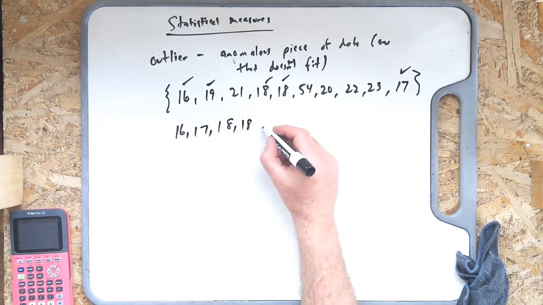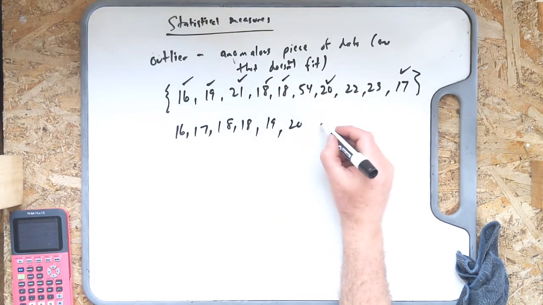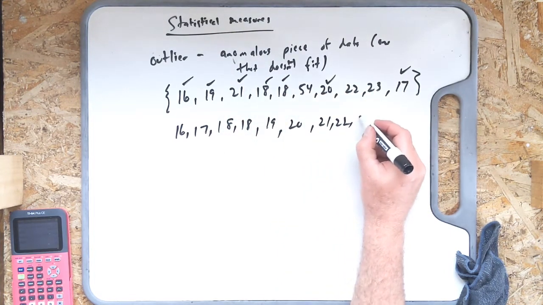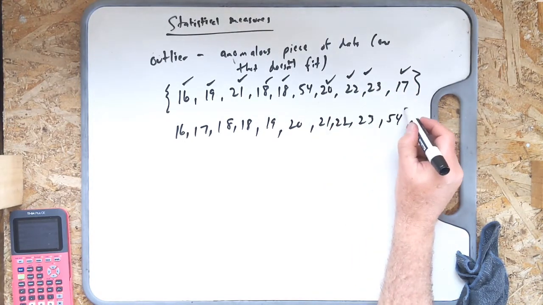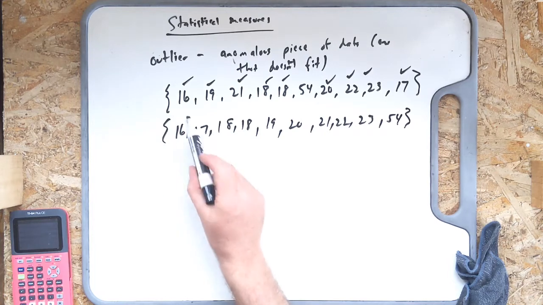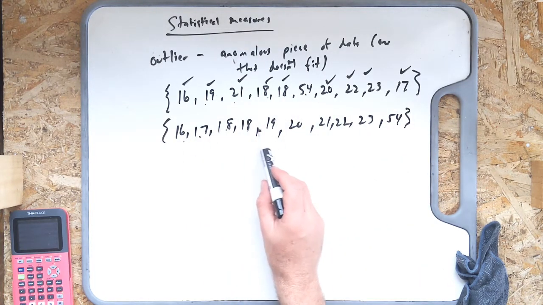There's a 19, a 20 from over here, a 21, a 22, a 23, and finally a 54. Again, count them to make sure you've got the right numbers. 1, 2, 3, 4, 5, 6, 7, 8, 9, 10. 1, 2, 3, 4, 5, 6, 7, 8, 9, 10. Good. Okay, so before we go into mean, median, mode,